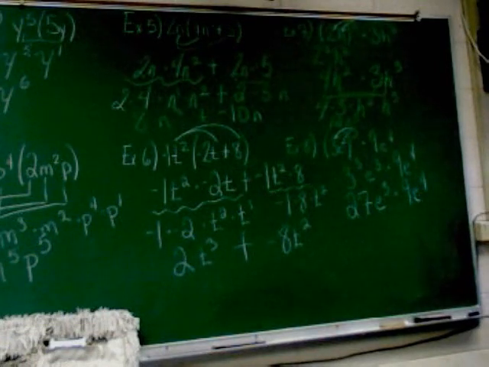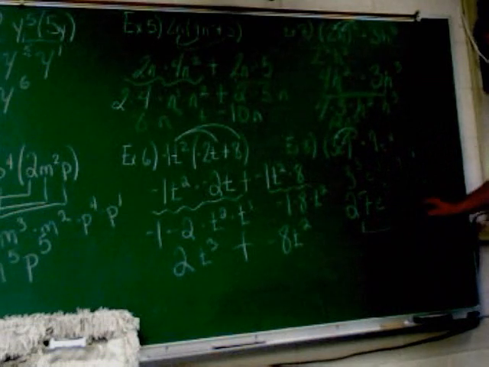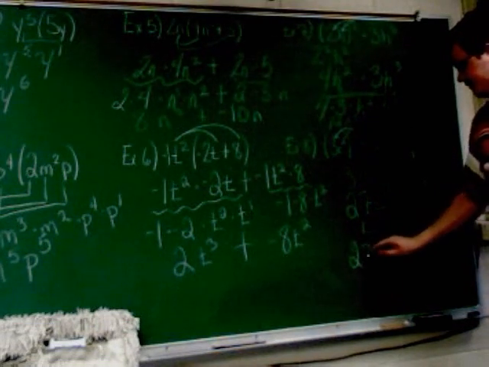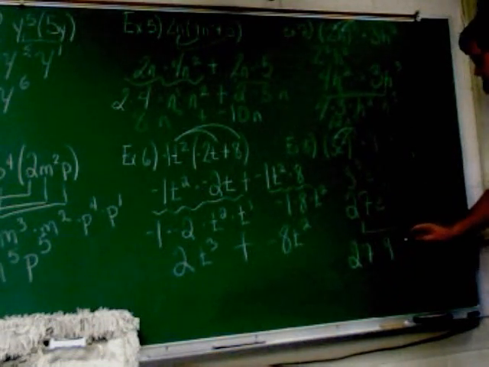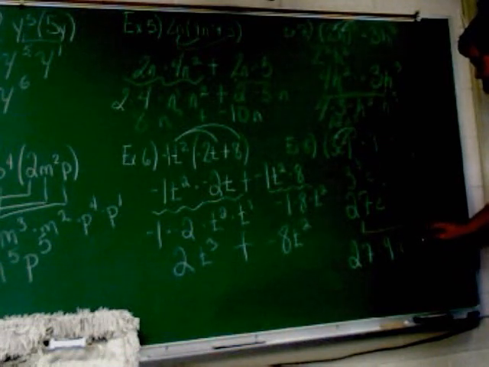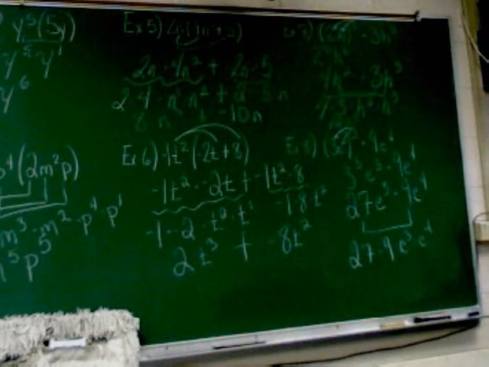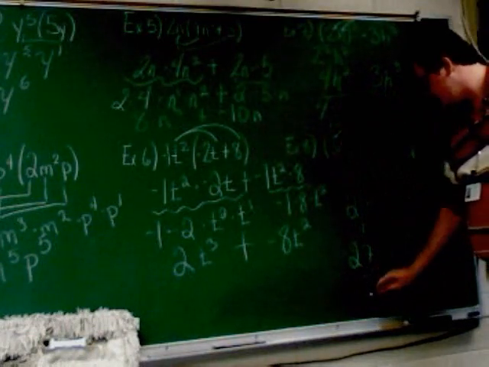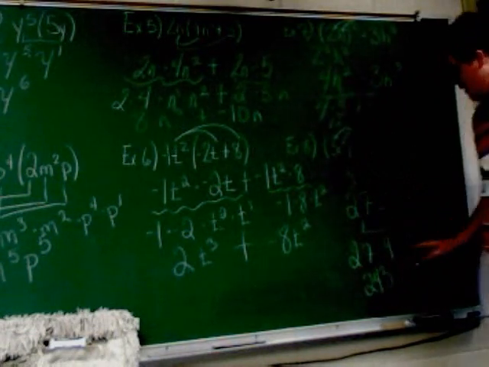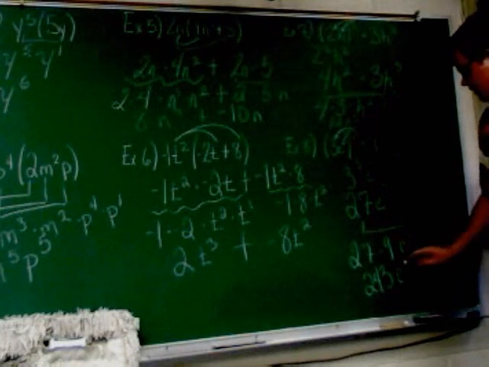Now I do what I did in all the other problems. Numbers together, variables together. So I got to put 27 and 9 together. And I got to put e cubed and e to the 4th together. 27 times 9, I think, is 243. On the other page. It is 243. Ha ha ha. And e cubed and e to the 4th make